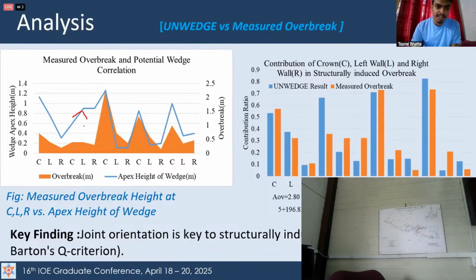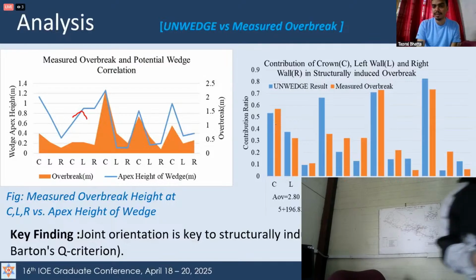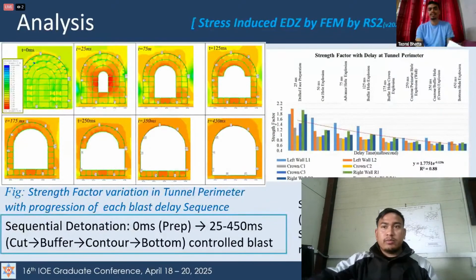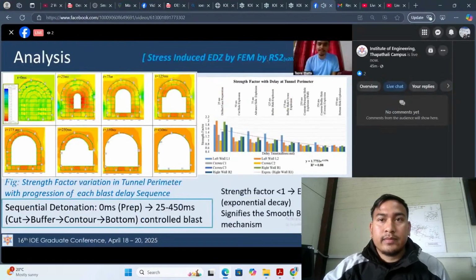There is a slight discrepancy because of the presence of shear band. In UnWedge software we cannot replicate the shear band, so this discrepancy can be attributed to that. Similarly, I analyzed the correlation of the crown, left wall and right wall overbreak versus UnWedge results, and what I found out is that there is a significant correlation. Similarly, I did finite element method by RS2 with progression of